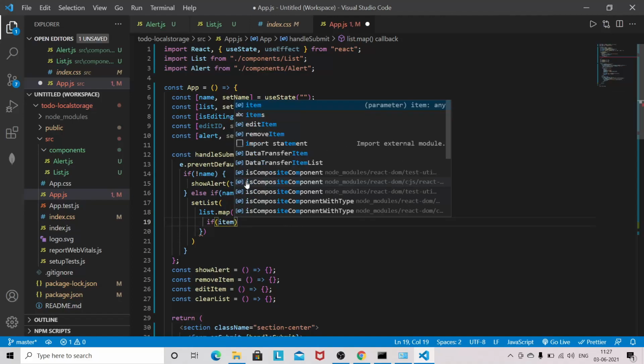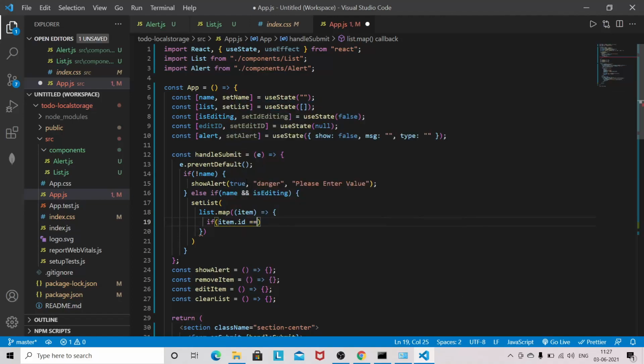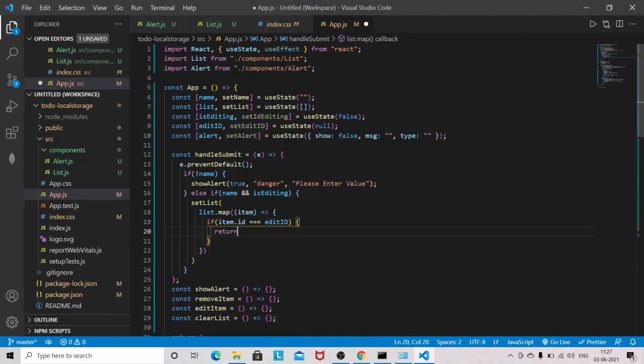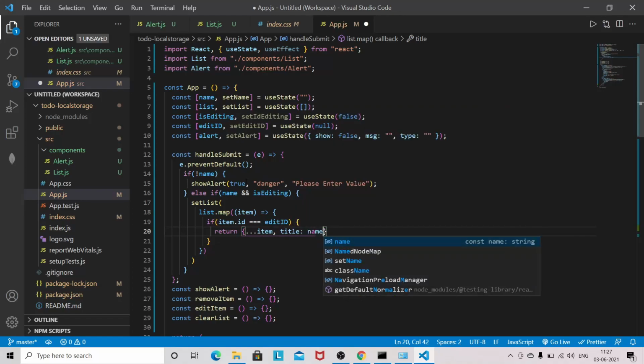If item.id is equal to editId, so if it is editing, we return the item spread, title and name.